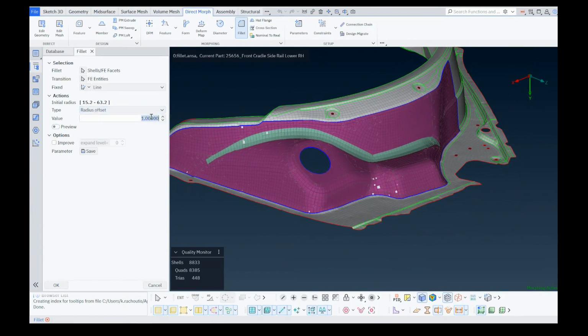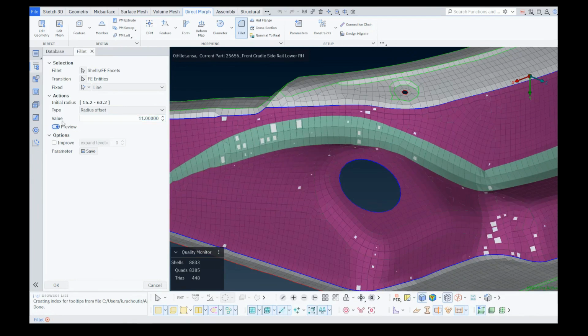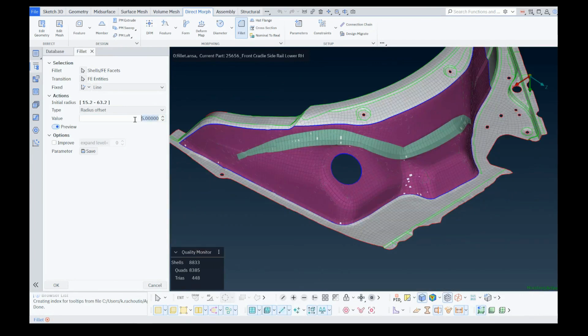A similar modification can be applied using the offset action. You can also preview the modification by enabling the respective flag. By selecting target radius, we set the value to the fillet area and that changes the region.